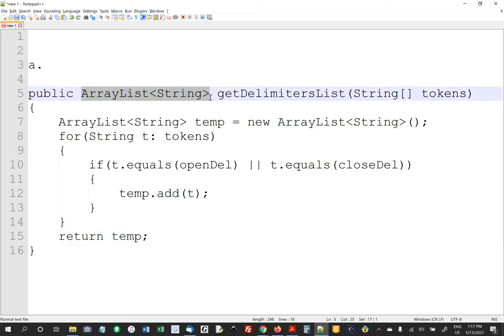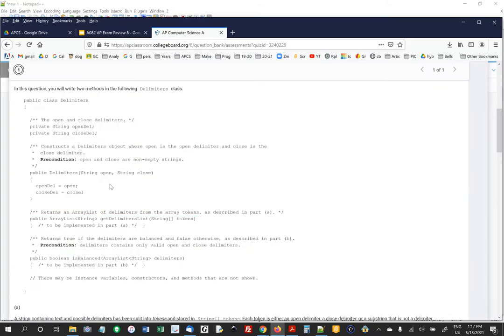See, this method asks for an array list to be thrown back. Let's just peek back. You assume this thing's already been created. See, there's an open delimiter, closed delimiter, private variables. The constructor's right here. You send over an open and a closed delimiter, and it stores them. That's how I knew about those variables